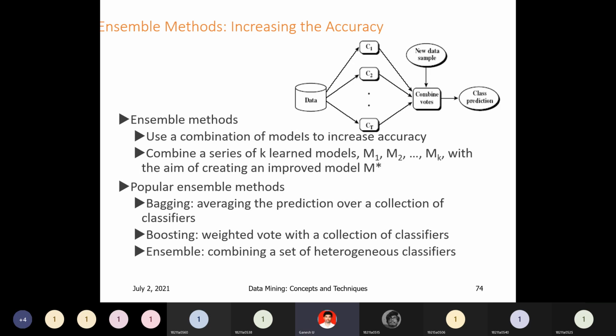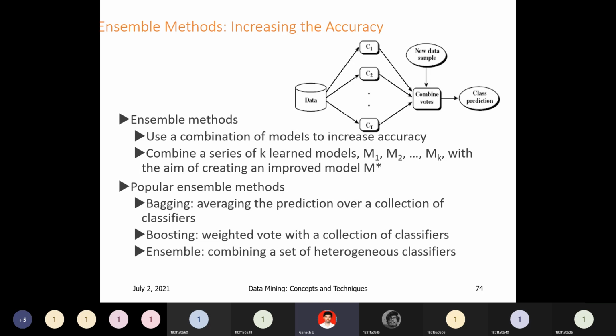You are taking the knowledge of previous models. From previous models you are improving, and you are using some classification techniques. In the first model you get some errors. Those errors you will not get in the second model. In the second model itself you are having some error rate. That error you will rectify in the third model. Like that, this is boosting.